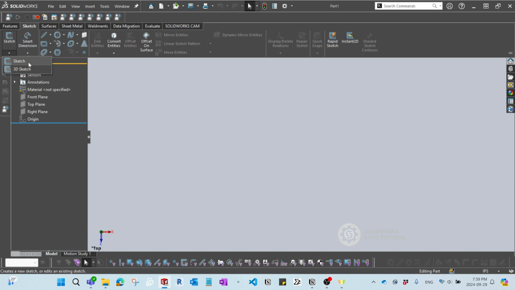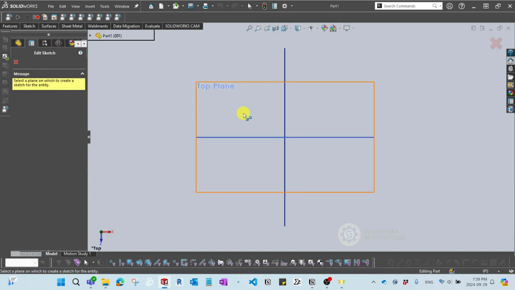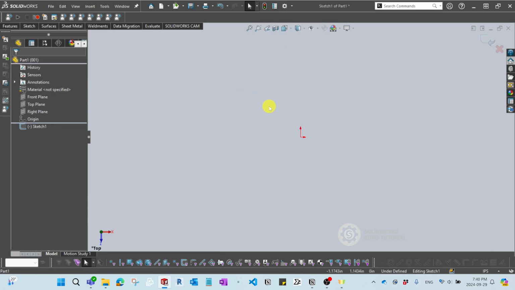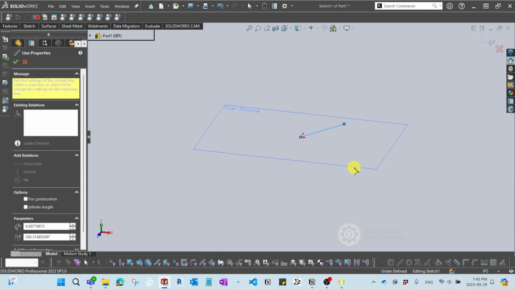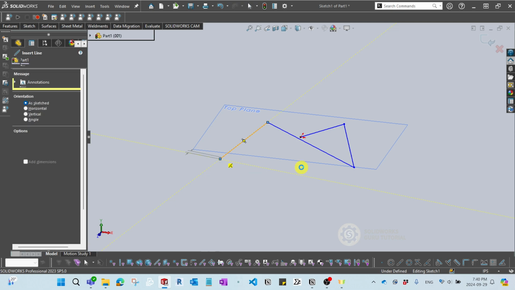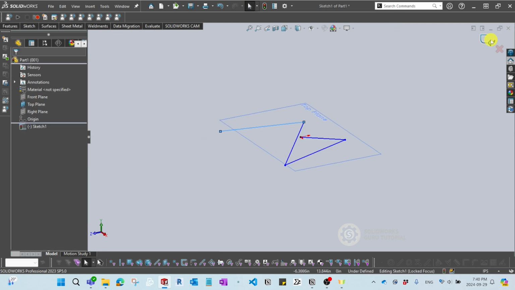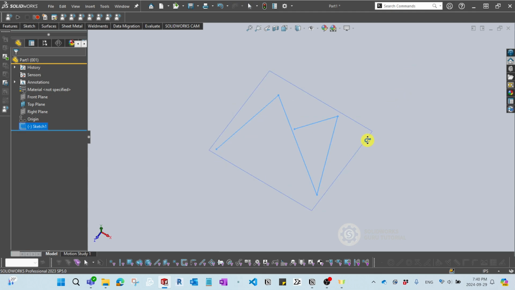If you just select this, the normal sketch is basically you have to select a plane, and then on that plane, let me make it visible. So on this top plane, you have to draw any kind of sketch like this. What that means is if you just rotate, okay, let's just exit the sketch, and it's only gonna be able to be inhabited in this top plane surface, okay? No matter what you do. However,